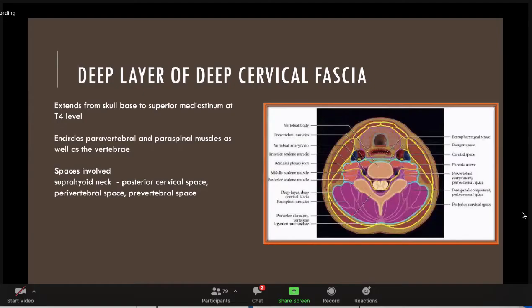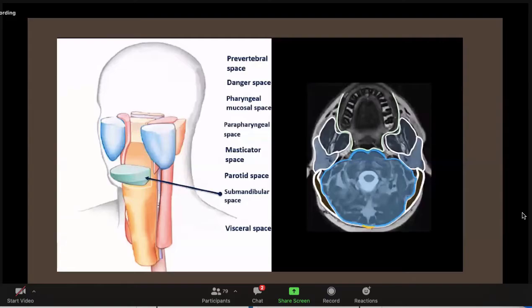And in between the alar and prevertebral fascia, we have a small space which is called the danger space. We will further discuss this space later. In between the prevertebral fascia and the vertebral column, there is a space called the prevertebral space containing the prevertebral muscles. So you can see here in the schematic drawing that